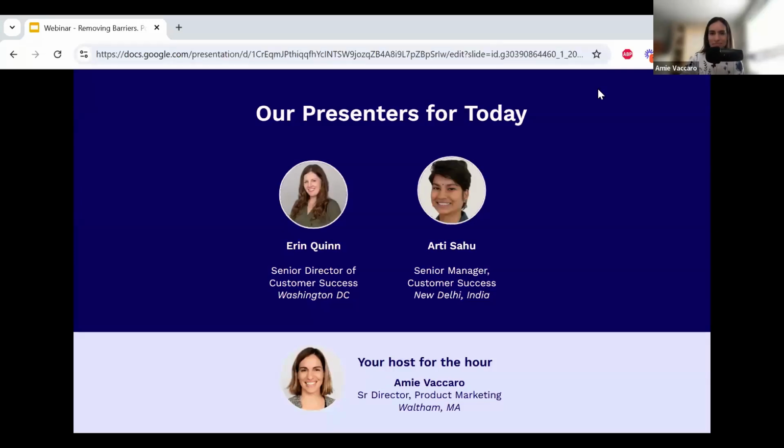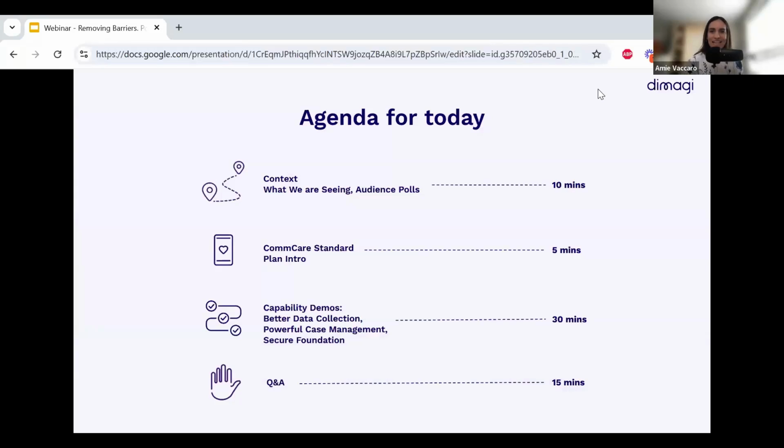So let's take a quick look at today's agenda. We are going to begin with some context about the current challenges in global health and development, gathering your insights through a few quick polls as well. Next, we'll give you a brief introduction to the newly affordable CommCare Standard Plan, followed by demos of some of the most powerful and important capabilities for your programs.